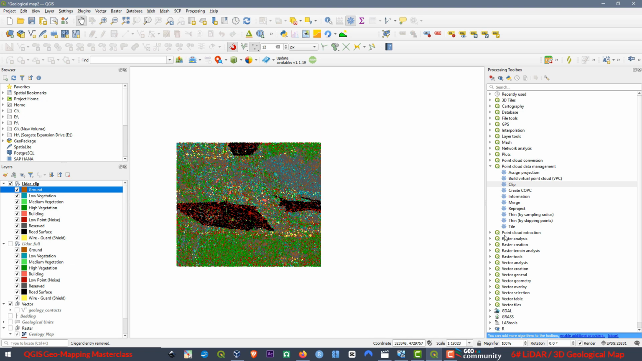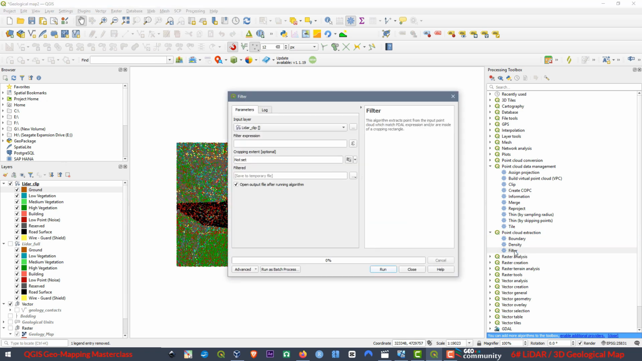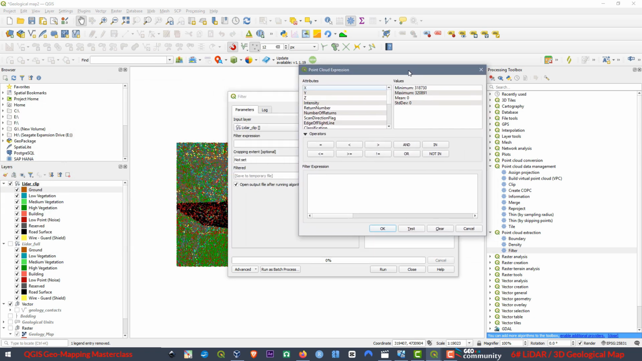In this case, we are going to go to Point Cloud Extraction, and we are going to select Filter. Double click to open. Here is going to be the file that we are going to use, is this one, LiDAR clip. Then here we have to add the filter expression. Then click this option over here. And if you go here to return number,